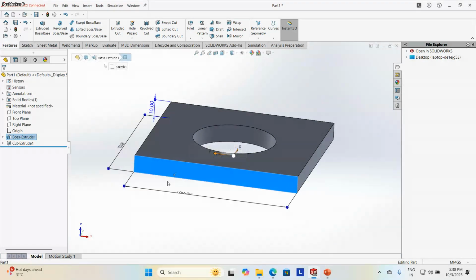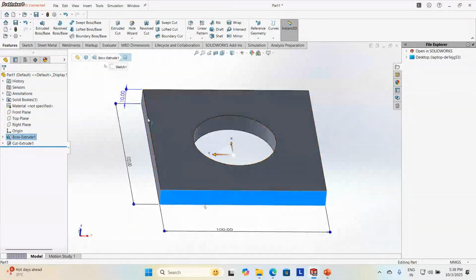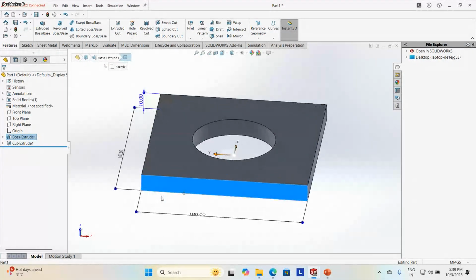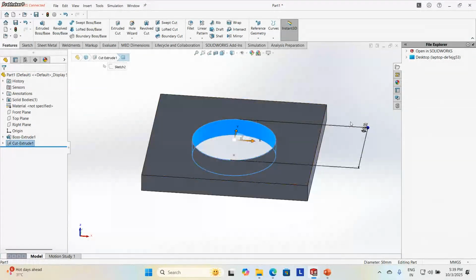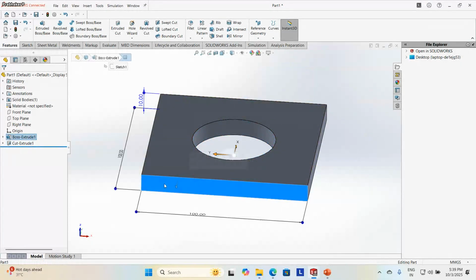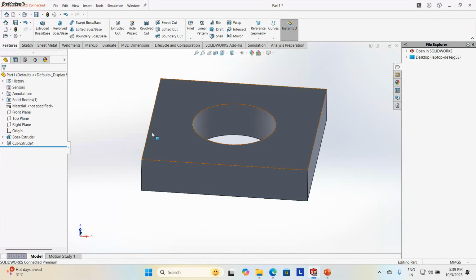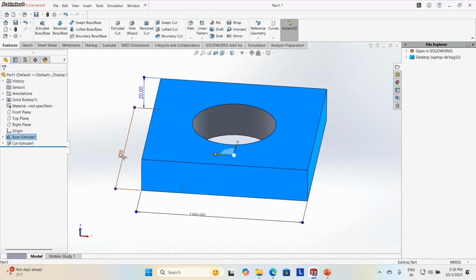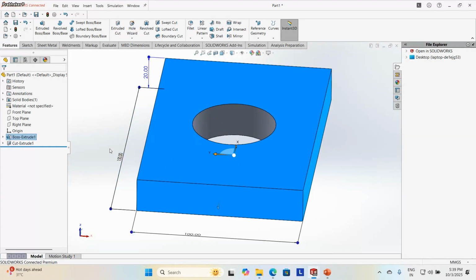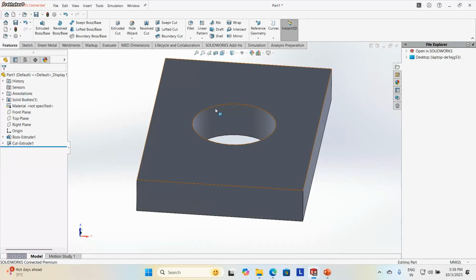The second point I told is SolidWorks is a parametric tool, which means, suppose I want to change this dimension, if I just click on this surface, it will show all the relevant dimensions like diameter, thickness, length, width, everything. Suppose I click on the diameter, all the diameter-related dimensions will show. If I want to change the thickness, I can directly change it here. If I change the length or width, I can double click and change it. That is possible in SolidWorks. This is what we call the parametric property.